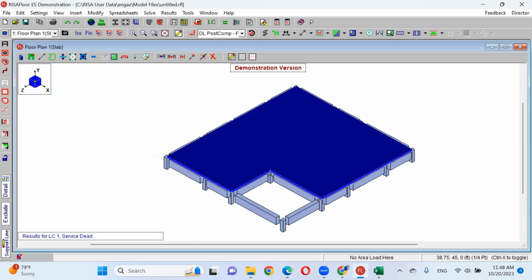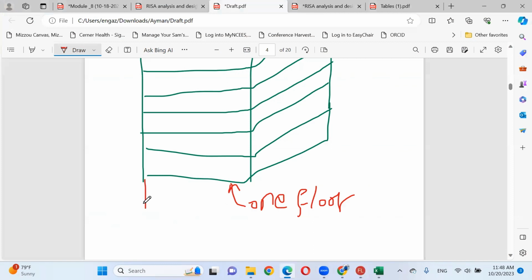This should be repeated 10 times in the vertical direction. That means your reaction from Riza, which is P ultimate, must be multiplied by the number of floors, 10.